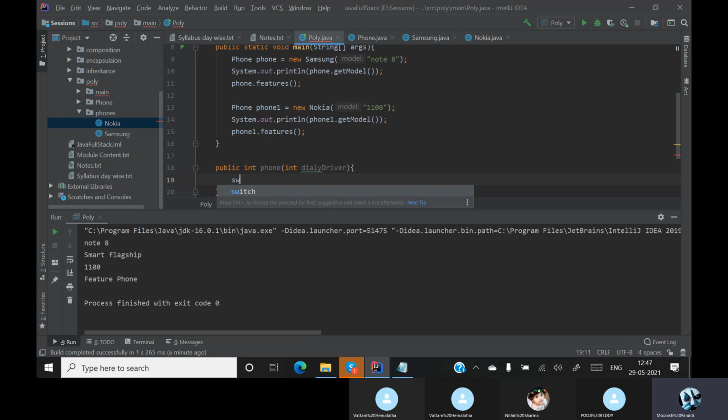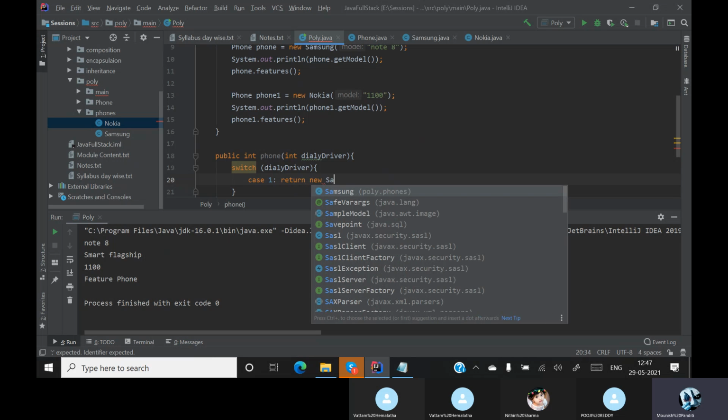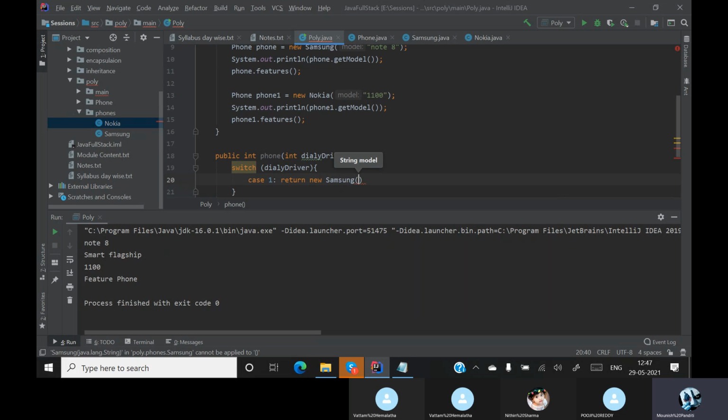And in this I want to write a switch which is taking the input as daily driver. It is having case 1. In this case it is returning new, let us say Samsung, and let the model be Note 8.